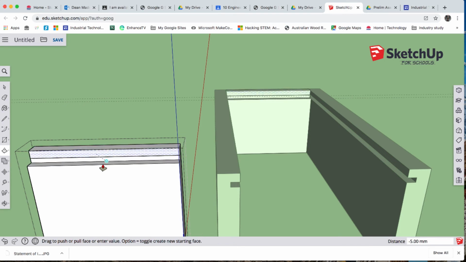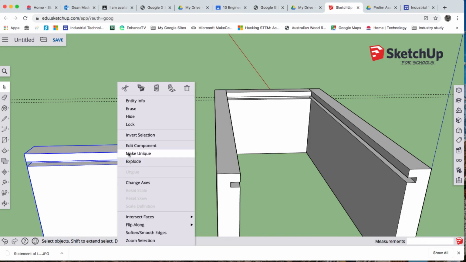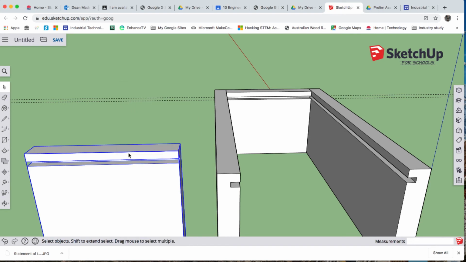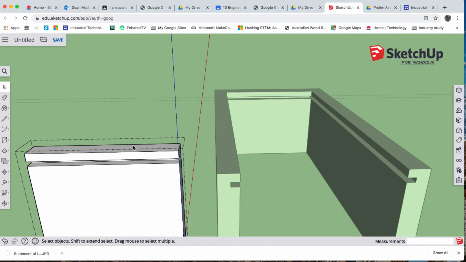But can you see what's happening with the other one? At the moment, these two items are linked. So I'm going to unlink them. So I'll press escape, and I'm going to select away from it. Select it again, so left click on it. Then I'm going to right click, make unique. There. Now again, I'm going to right click, edit component, P for push, and I'm going to push that